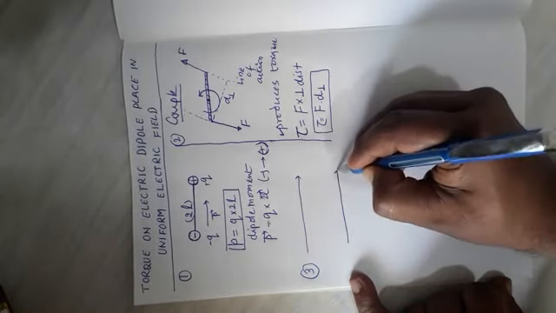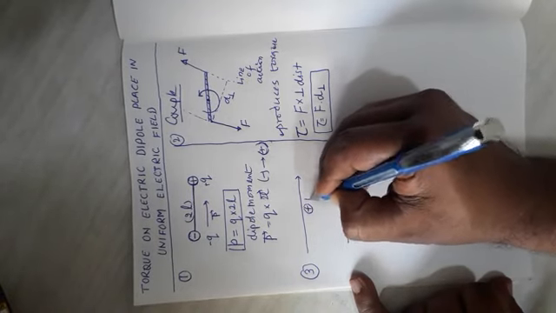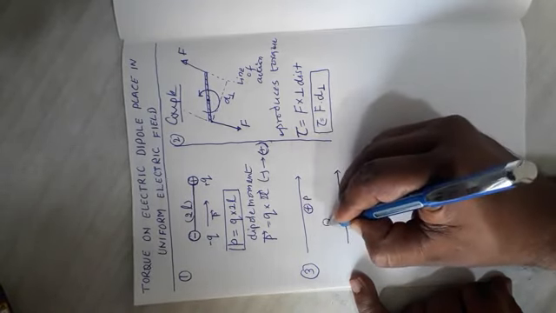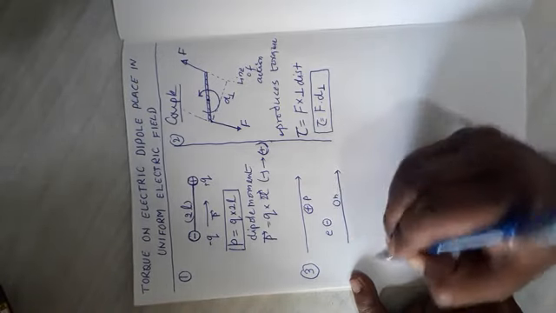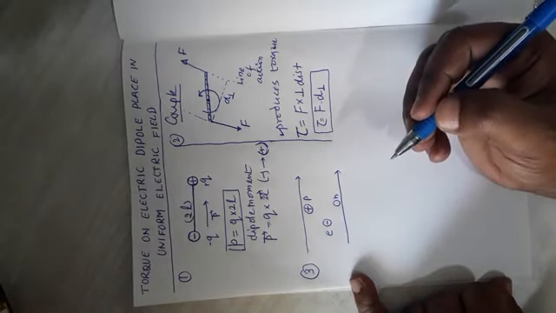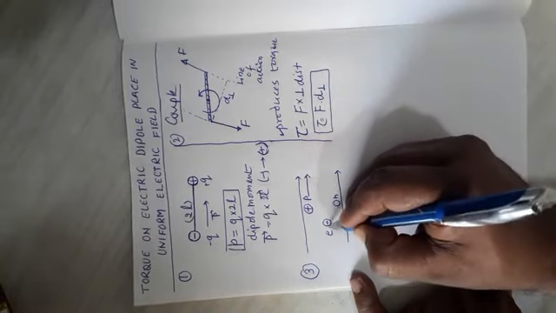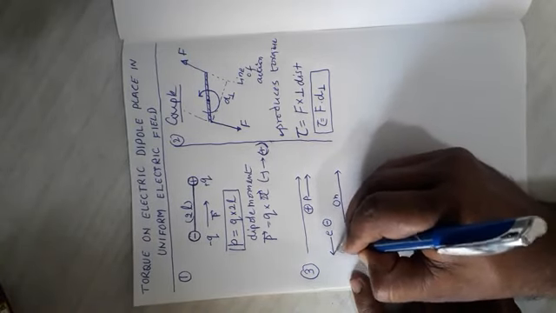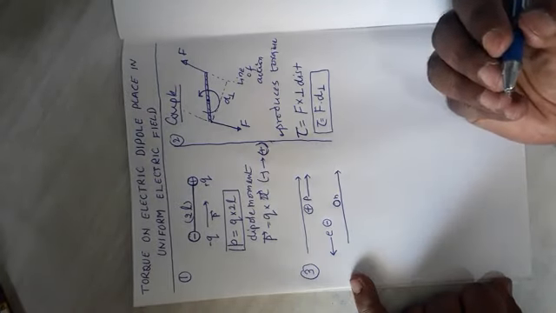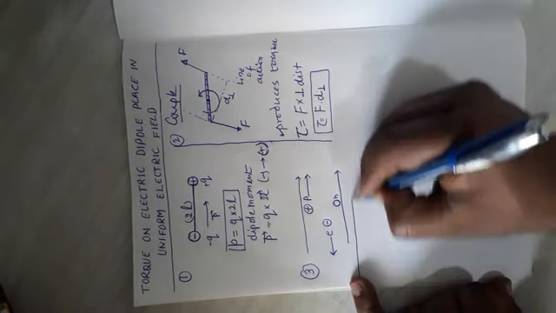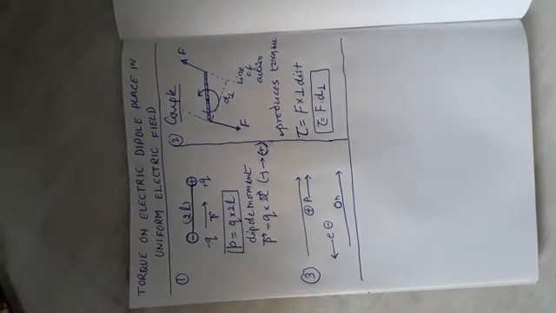That is the nature of force acting on charges. If it is a positive charge, say proton, a negative charge, say electron, or a neutral charge, say neutron, and these three particles are placed in an electric field, the positive charge experiences force in the direction of electric field, the negative charge experiences force opposite to the direction of electric field, and the neutral particle experiences no force. So, having said this, we can now move to our main topic.